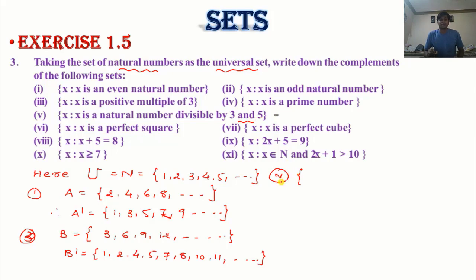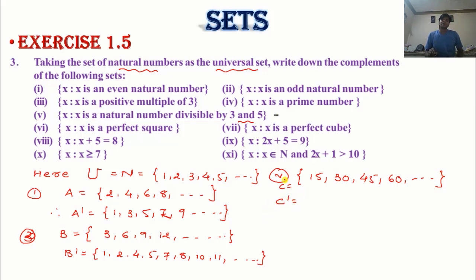So I think the first natural number divisible by both 3 and 5 is 15. Suppose I consider that set as C, then C equals 15, since 3 into 5 is 15. Now you can use the table of 15. The next number is 30, 15 3s are 45, then 15 4s are 60 and so on. You get the numbers. Okay, so what will be your C dash?